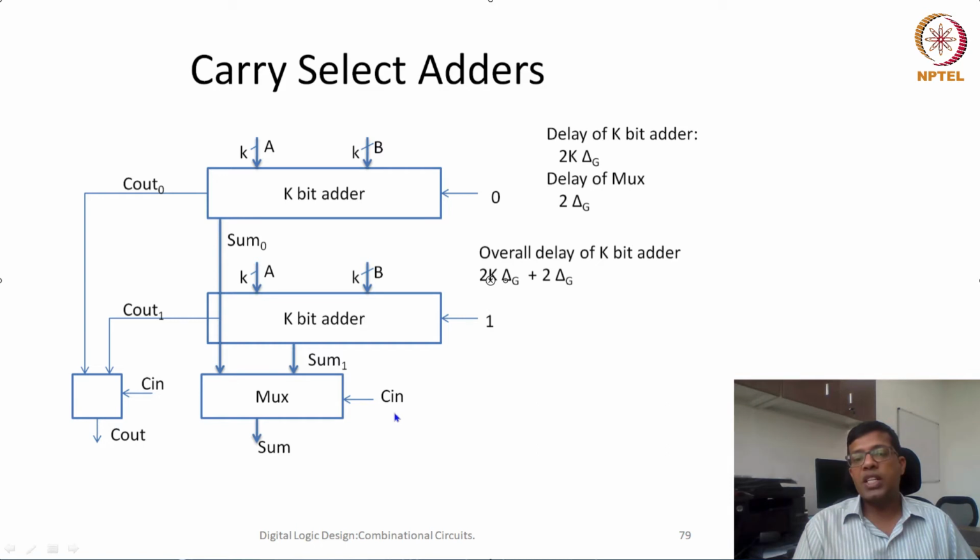Okay, so if C in has to be available at 2k delta g time, that means the adder preceding this adder, which is computing some k bits, the adder from where the C in is being computed, should generate the C in by the time this particular sum is available. So that should also take 2k plus 2k delta g time. And from this equation, it seems that, let's say, that particular adder is also using this carry select adder combination. So that means that should be a k minus 1 bit adder.